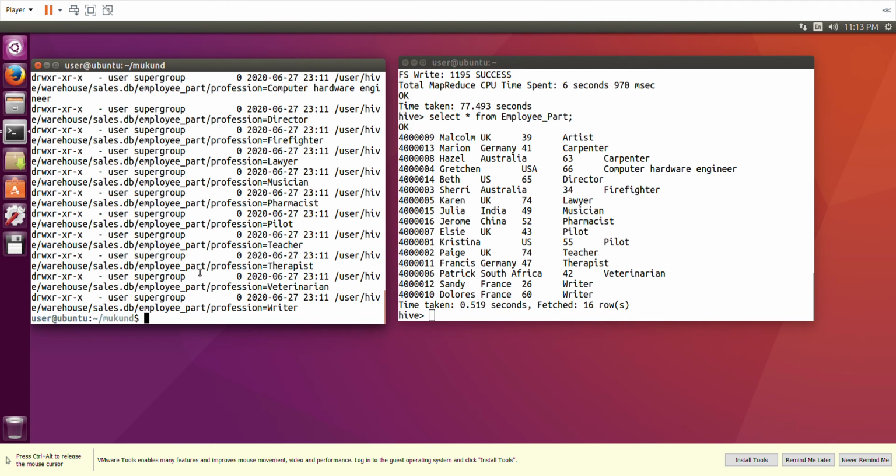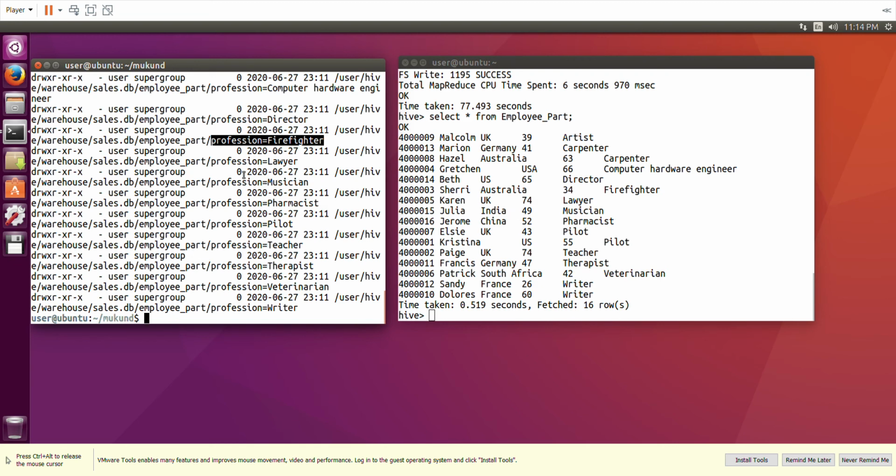What happened now, you can see lots of directories have been created. Refer to this one, profession equals director, then profession equals firefighter. It means on the basis of the partitioning, we have selected profession, so every time you can see profession and so on.